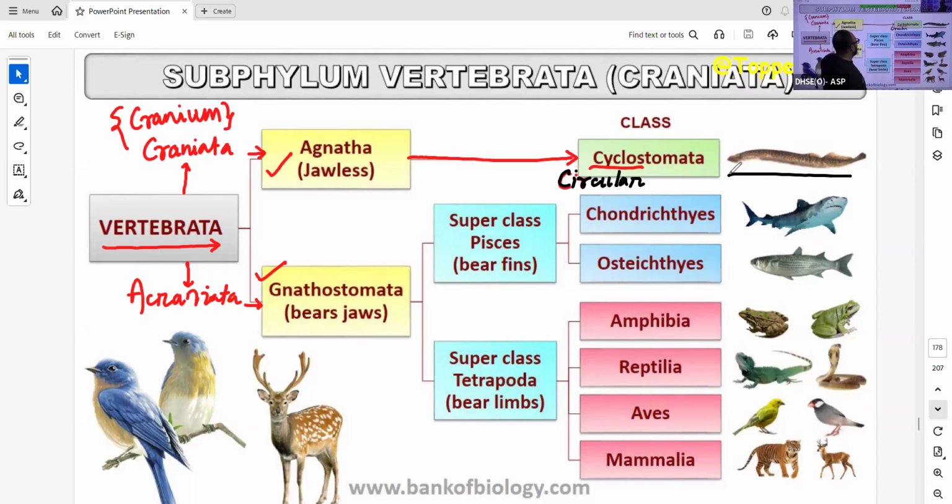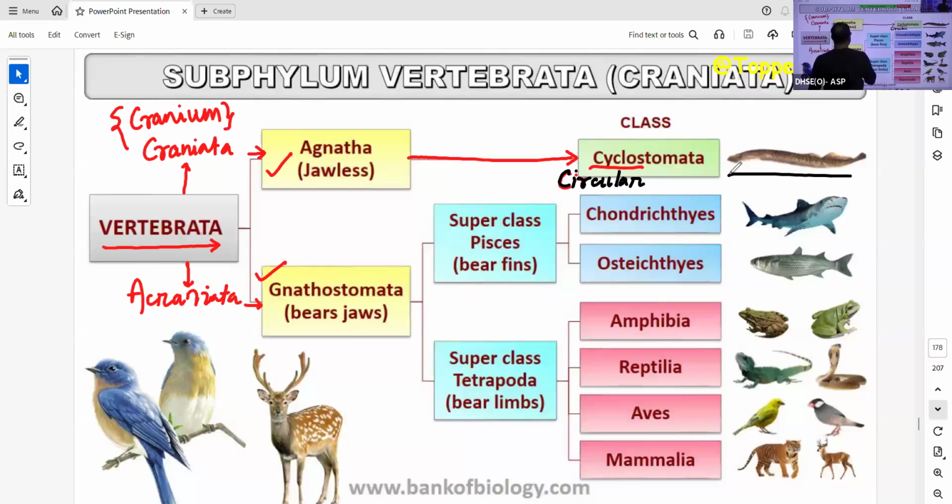We will read the details when we go further. This is basically a tabular or pictographic representation of the classification, where we simply display on one page the classification of the subphylum vertebrata, ठीक है। Now Agnatha does not have many variations, but rather the Gnathostomata, they have plenty of variation. We'll see. ध्यान दो।